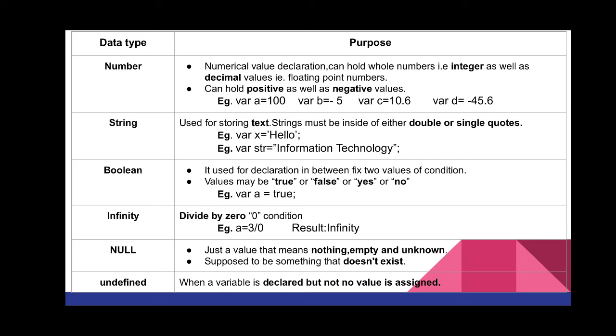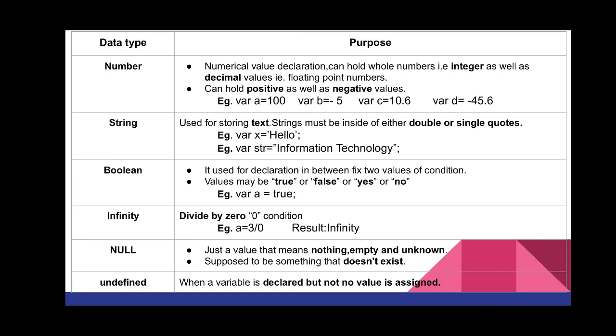Then last and very important is undefined. Now whenever a variable is declared, it has to be assigned some value. Remember, variable a equal to 100 means we are taking a bucket in which we are storing 100 and the name for that variable is a. But if you are not writing equal to 100, that variable is only declared. That variable does not store any data. So such a variable is called undefined. Undefined means you have not defined or you have not put any value into this variable.